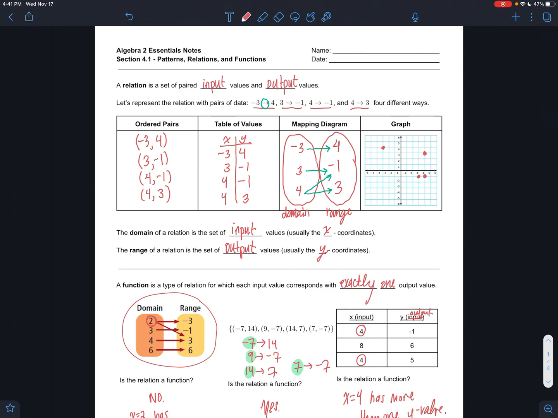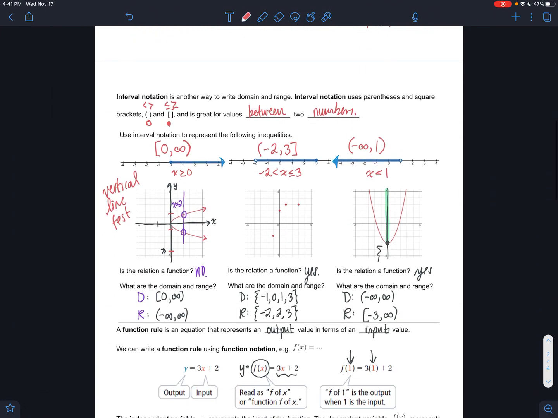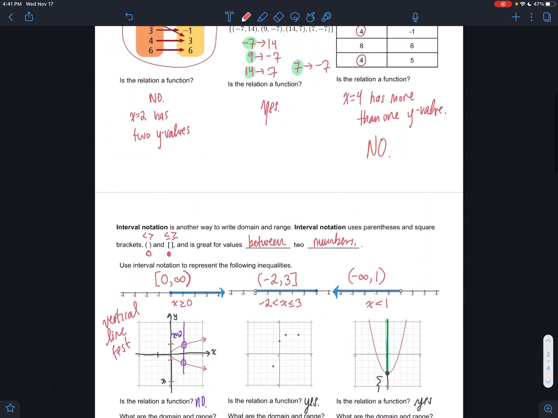So these sets, this is kind of the trickiest part, to be honest, of the unit. So keep looking at these, keep studying these, and we're here if you have any